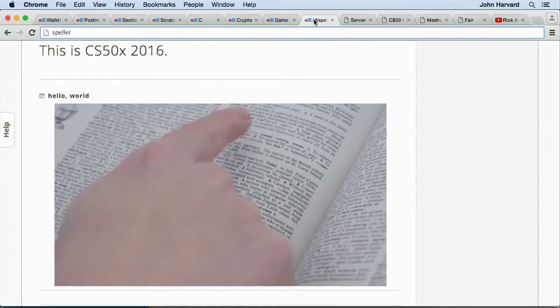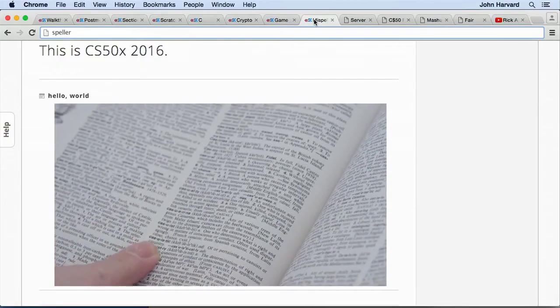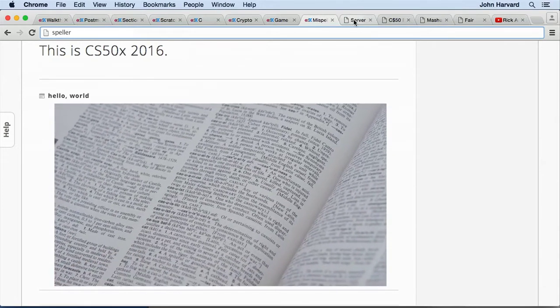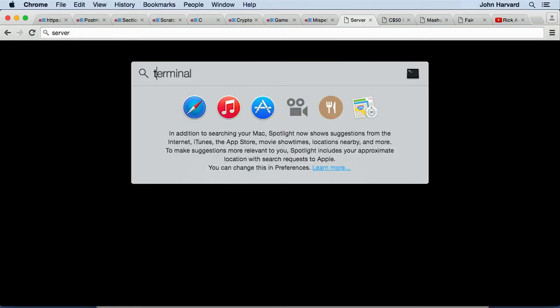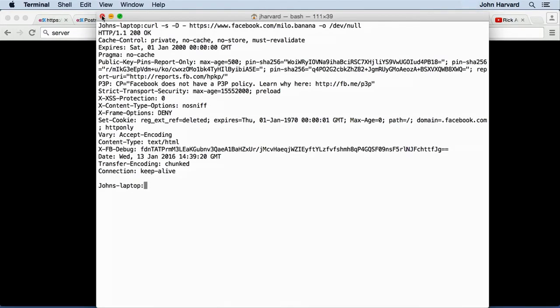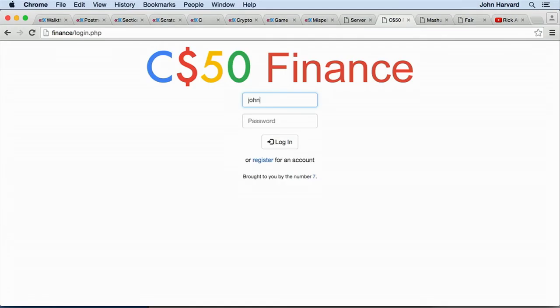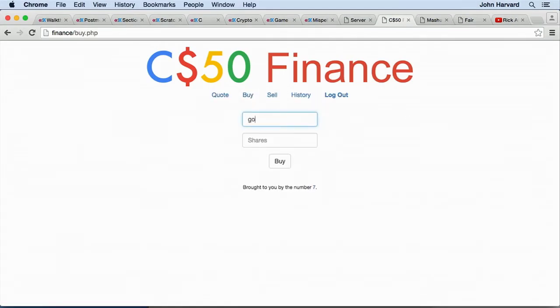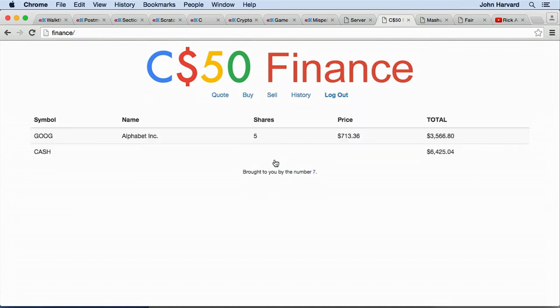We'll hand you a dictionary of over 140,000 English words, and you'll need to create the fastest spell checker you can. And then we'll transition to web programming. First, you'll implement your own web server in C that serves up actual web pages. Then, using PHP, SQL, and more, you'll implement a web application with which to buy and sell stocks using virtual dollars, programmatically using Yahoo Finance to retrieve nearly real-time prices.